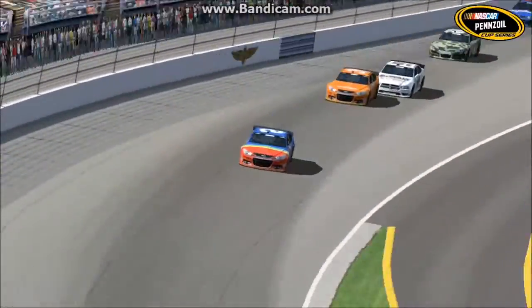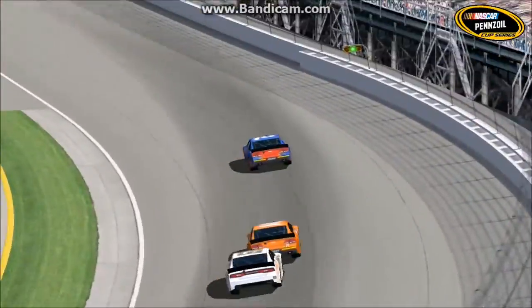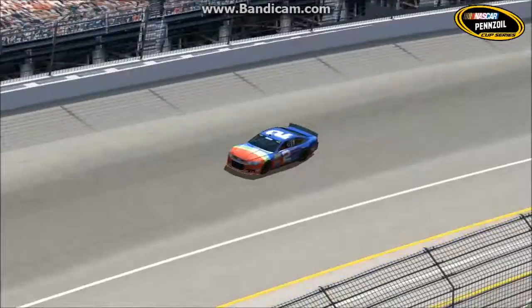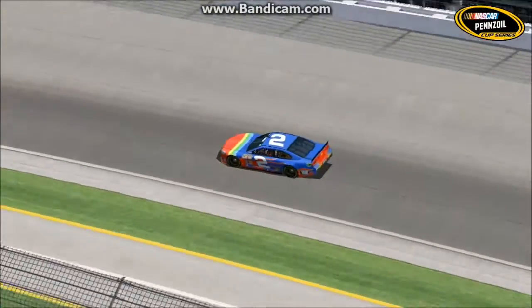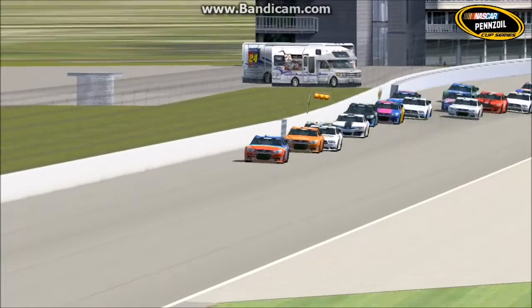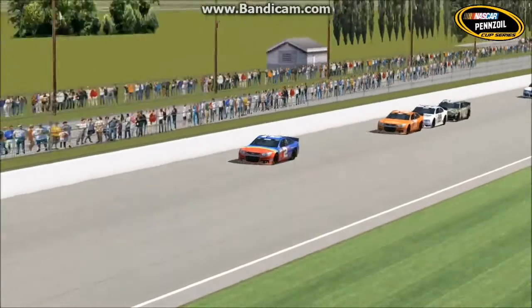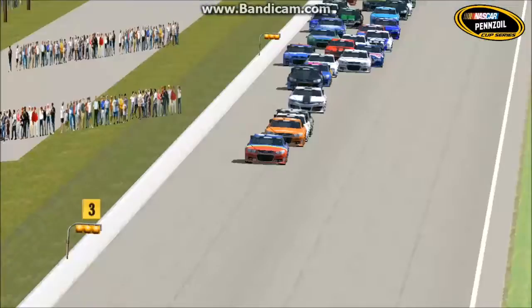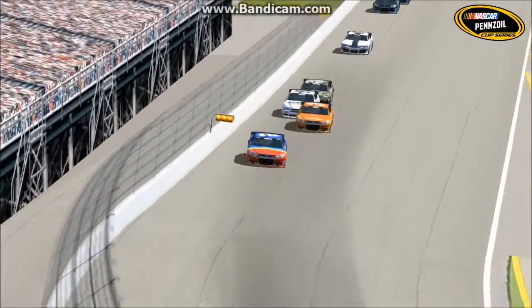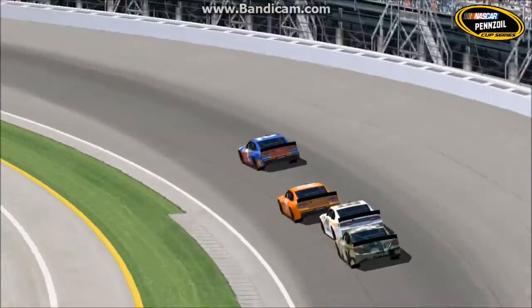winds down to see who will be the final 20 to enter the chase. We find out who does and who doesn't. Right now, Jay Barker in the second half of the season is showing he does, and he is currently leading here at Indianapolis. A win could definitely help him get into the chase. So the 2 car is right now out front and in the lead for National Racing,